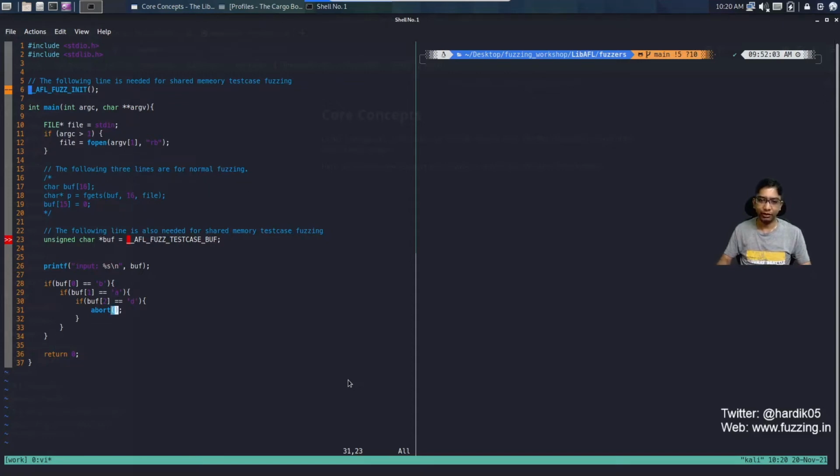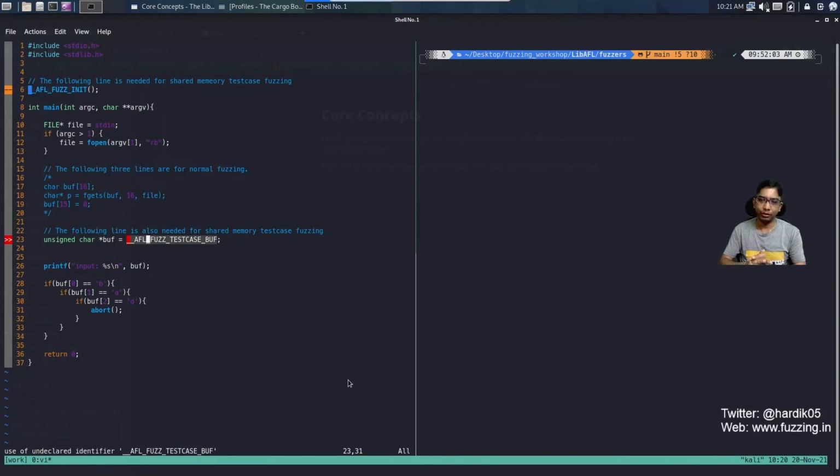It is a simple C program just to demonstrate the concept of fork server. Another thing you will notice over here is that it contains some AFL related function calls or macros, like __AFL_FUZZ_INIT and unsigned char *buf = __AFL_FUZZ_TESTCASE_BUF. Basically these are used for shared memory mode.